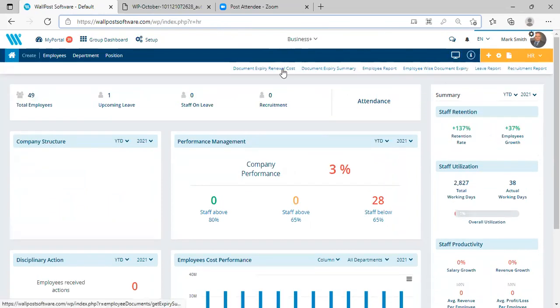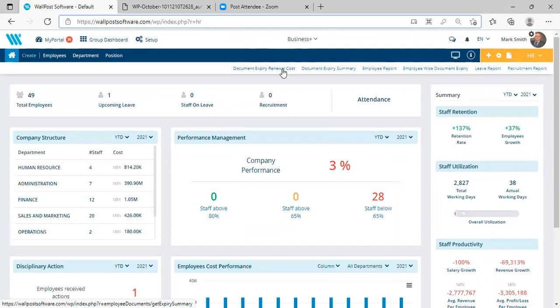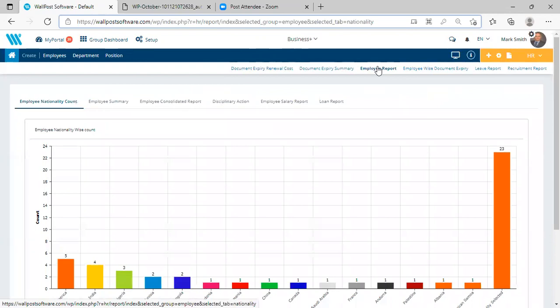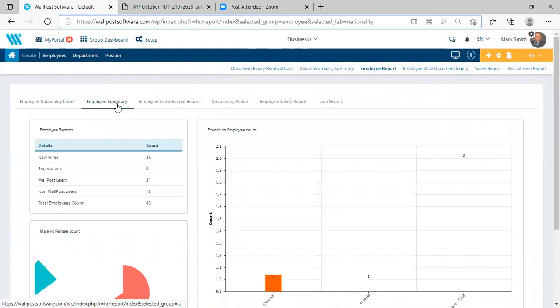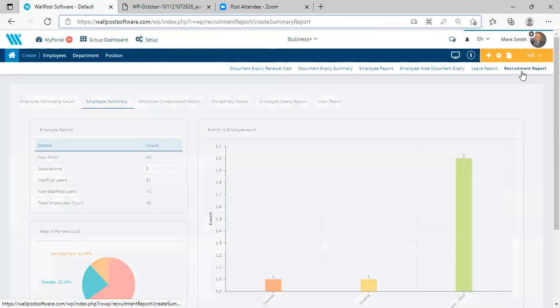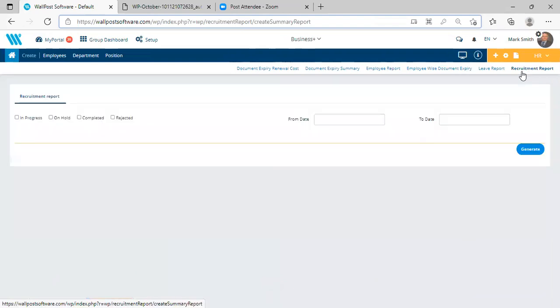So you can see if there is a document expiry renewal report, if there are any documents that are required for employment purposes, then those documents can be tracked over here, whether they are going to expire or not. There are certain employee reports that you can see on your employees that are spread geographically, you can see how many of them are in Americas, India, Nigeria. You can see a summary report of your attrition, a consolidated view of your attrition. So all these kinds of reports in a very graphical, representative manner is what Wallpost gives you today.